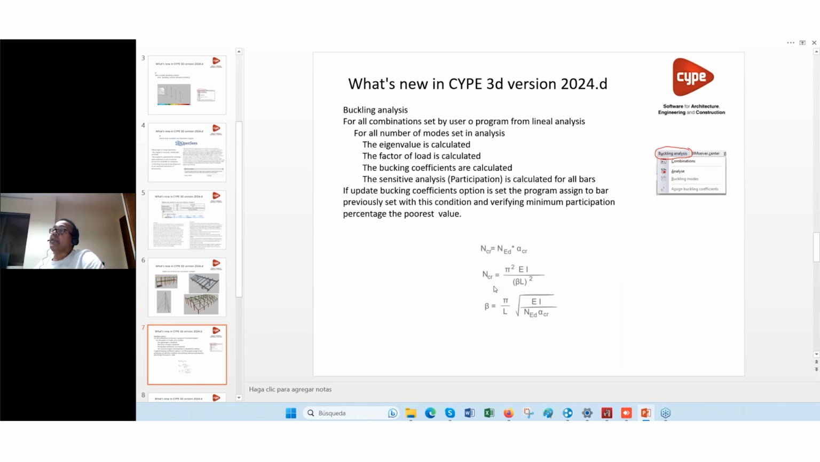So in the part of the buckling analysis, we can set that for all combinations, or the user can set it to the program. And for all the modes we indicate in the program, we will calculate the eigenvalue. And from this eigenvalue, we have the factor of load. And also with this information, we can calculate the buckling coefficient. And to finish, we have a sensitive